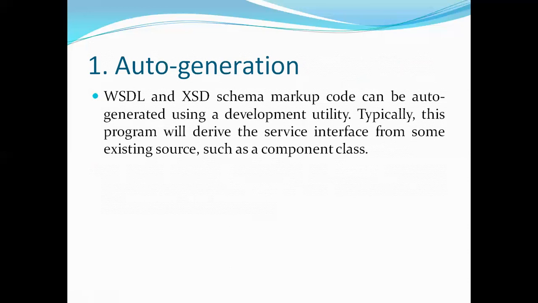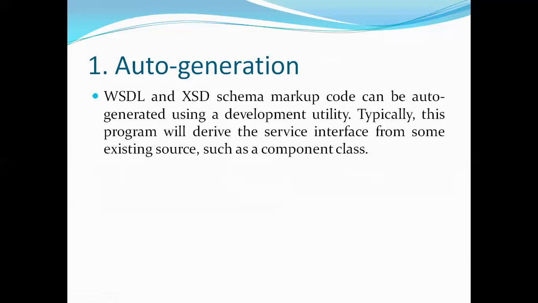I'm showing you a practical demonstration in my second part. For generating the visual document or XML schema definition markup code, an auto-generated deployment utility is nowadays provided by the technology provider. Java provides you an automatically generated visual document. ASP.NET also provides you an automated visual document. So how to generate this visual document? For generating it, you require a class. This class is called a component class.